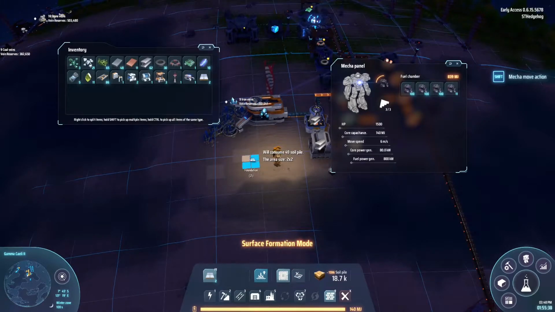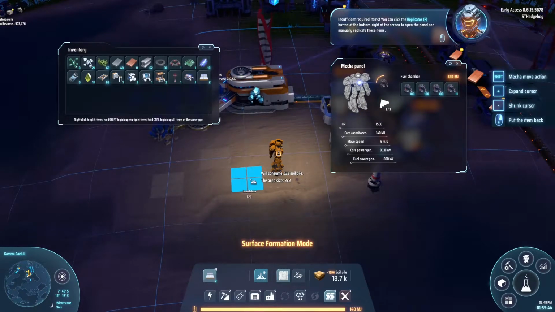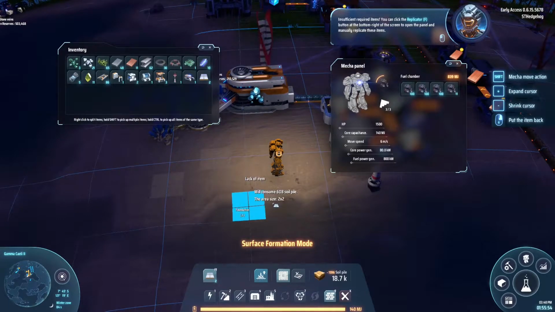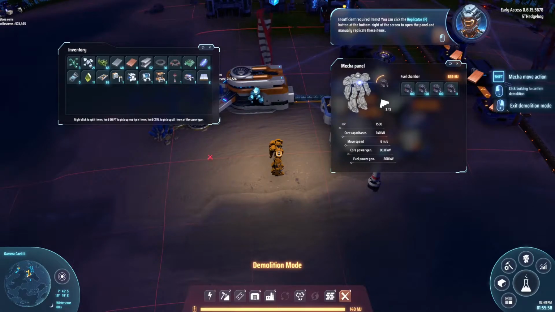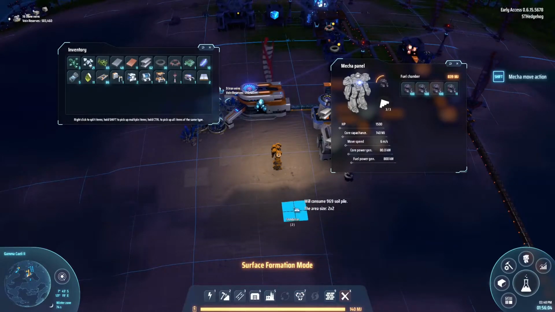If I say decorative, insufficient required items. You can click the replicator button at the bottom right of the screen to open the panel and manually replicate these items. Lack of item. I have to... Oh, I make. Oh. And then I can't. You can't remove foundation. Right. So, I assume